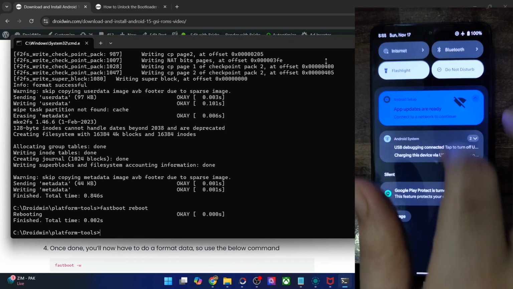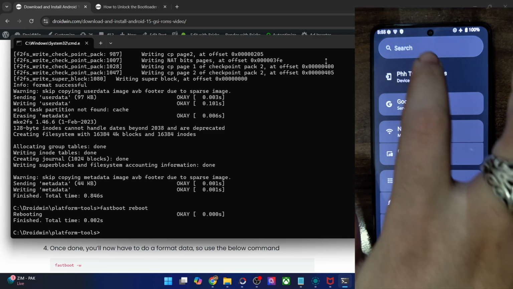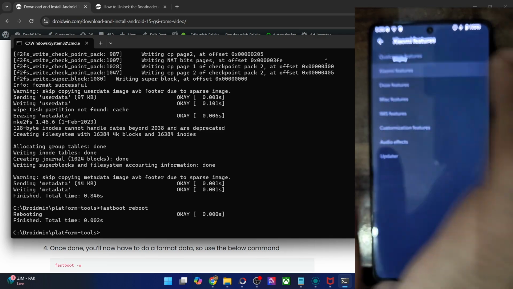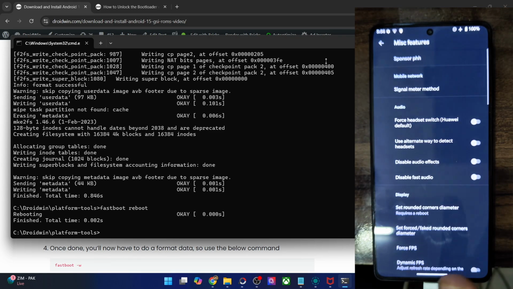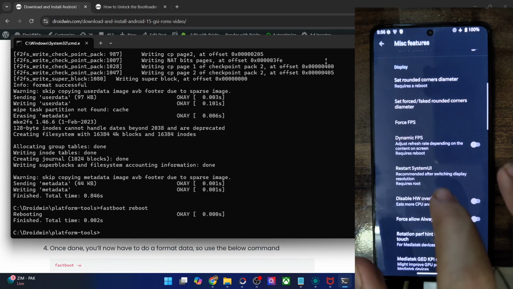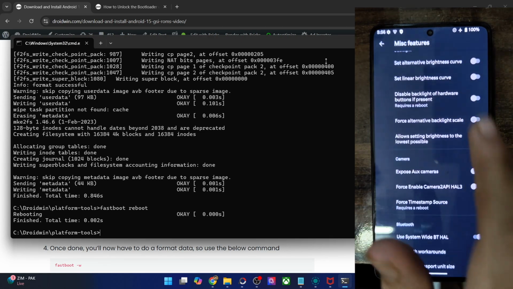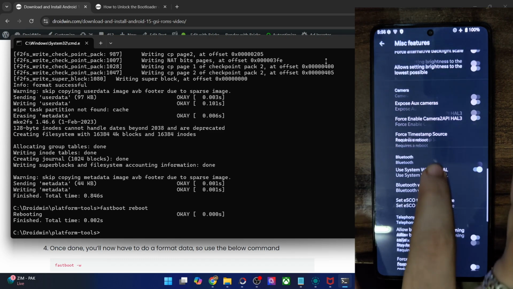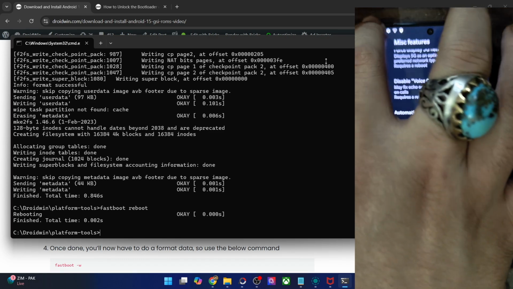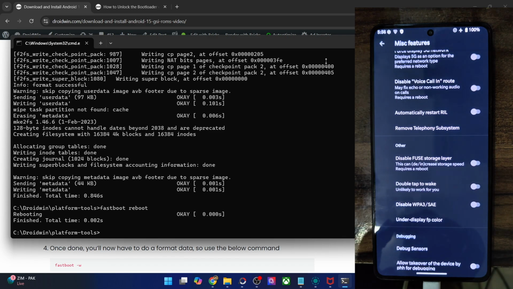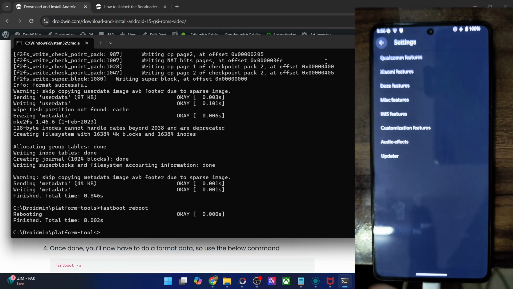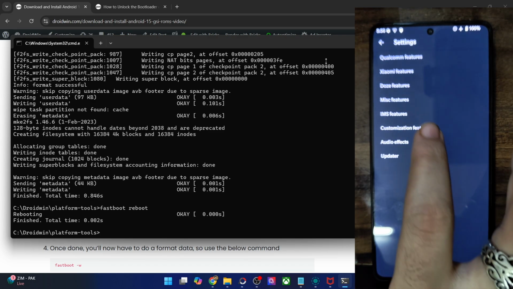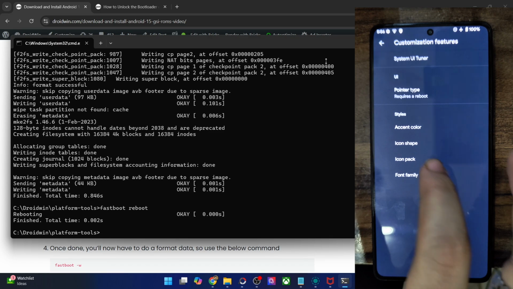And apart from that, we have the few PHH Treble settings as well. So if you go here, then first off the Qualcomm features with regards to the audio policy, then next up we have the OEM specific features, then a few miscellaneous tweaks for the audio, display, FPS and backlight, camera. So if you're having issue with Gcam, you may enable the force enable camera2 API. Bluetooth and calling tweaks are also there, but all of these are advanced features and should not be used until and unless you know what you are doing. Then the IMS with regard to the 4G and LTE calling features, a few customization tweaks,